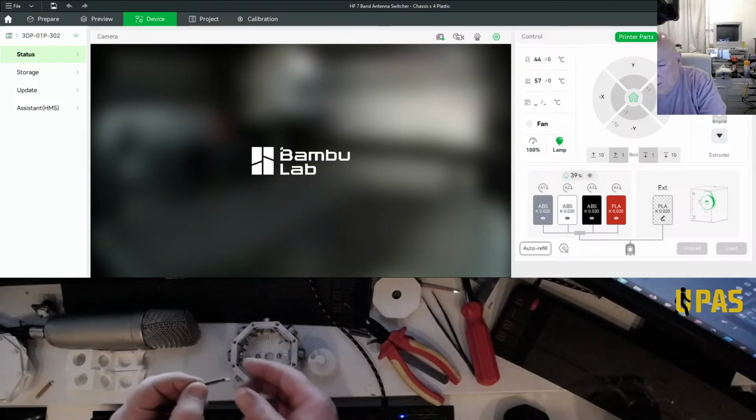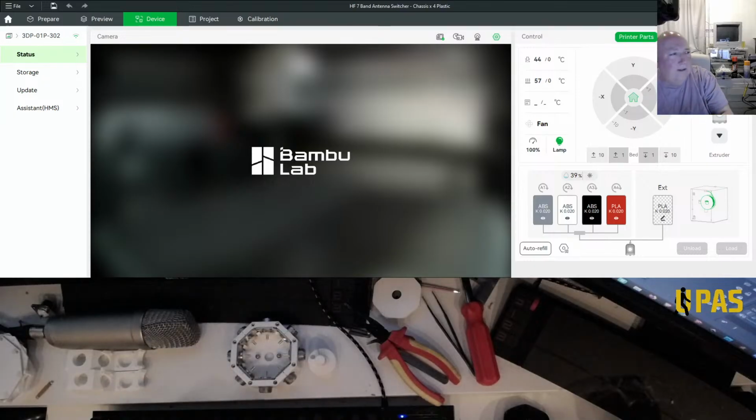I'm just going to take the solder blob off the end, so I can pop it in. Shouldn't take too long to warm up the soldering iron. Right, let's just get the solder blob off. Has that got it off?